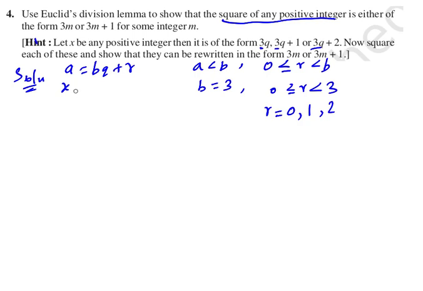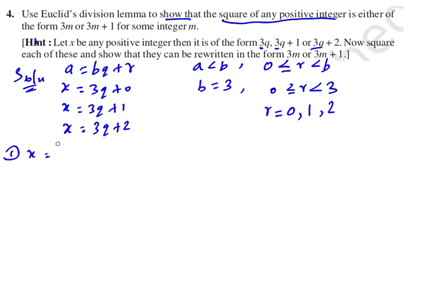So, now we will write according to Euclid's division lemma, x equal to 3q plus 0, x equal to 3q plus 1, x equal to 3q plus 2. So, these are all the 3 equations we are getting. Now, what we have to do? We have to show the square of any positive integer. So, we need to get x square. If we square x, we have to square the opposite side also. So, we will take the first condition.